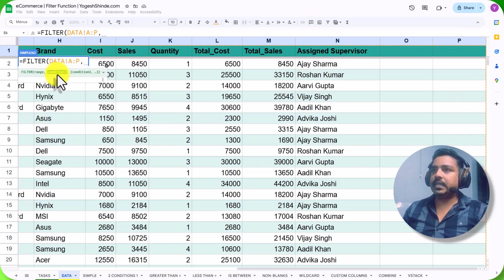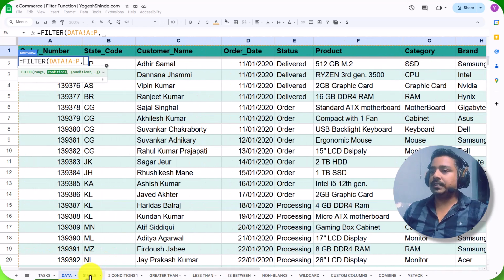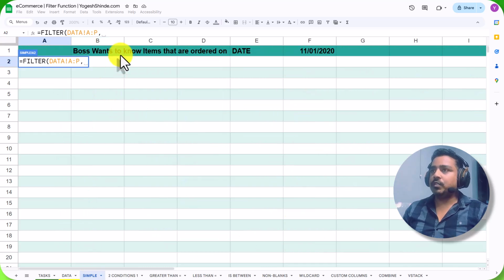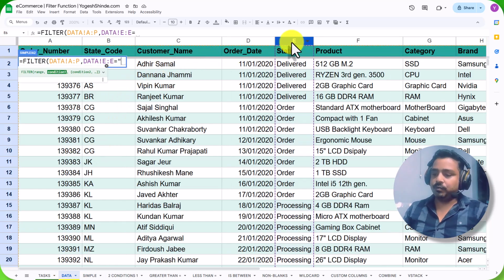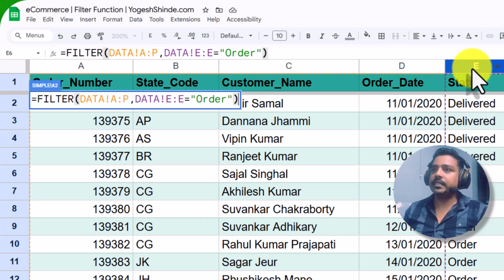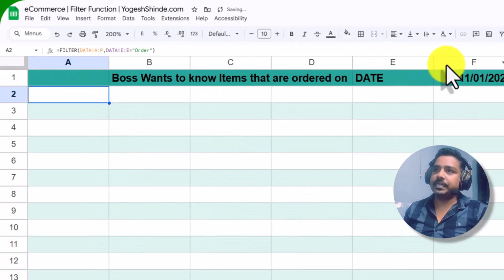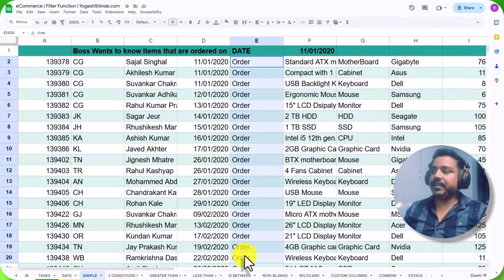Then our second argument is the condition. According to our task, the boss wants to know items that are ordered. So the first condition is status should be equal to ordered. In double quotes I have added ordered. Let's close the bracket with a close parenthesis and press enter. Now you can see all entries that have the ordered status, but our boss also wants to see items that